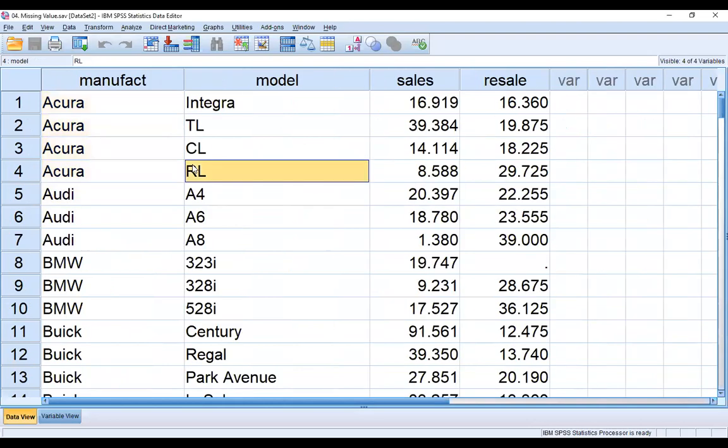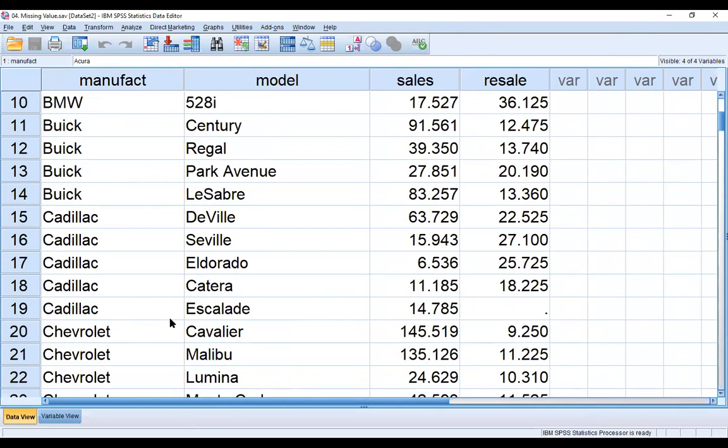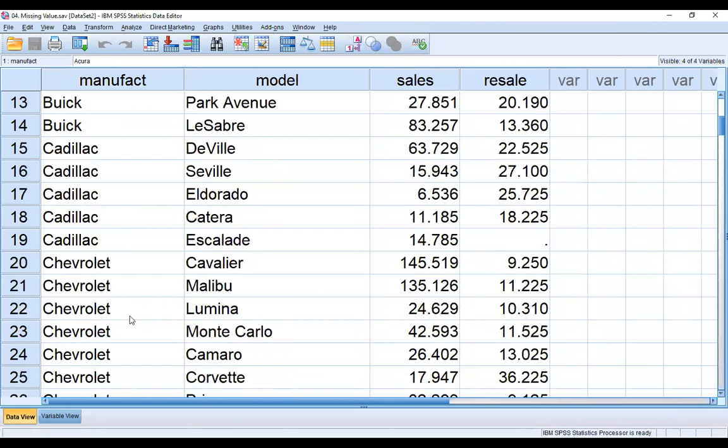Okay, so this is my case study. Now you can see the case study. There are 4 columns. One is manufacturer in this case study. Second, model. The manufacturer is a car manufacturer company like Acura, Audi, BMW, Buick, Cadillac, Chevrolet.